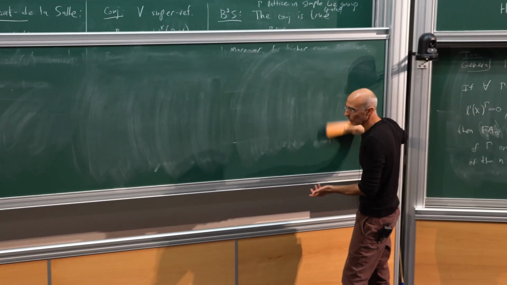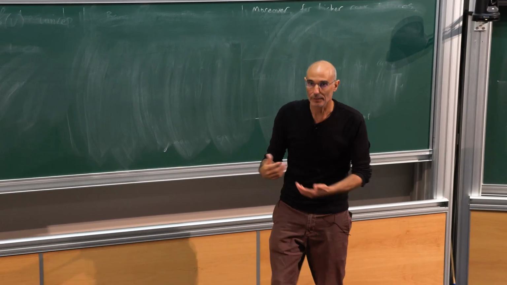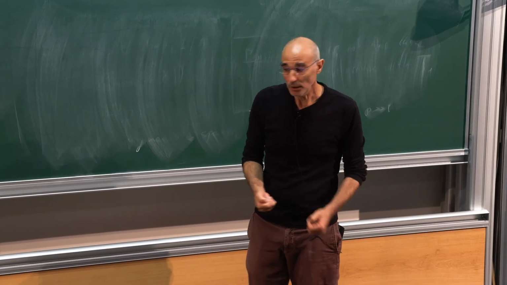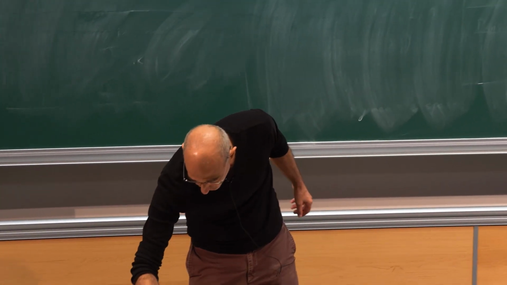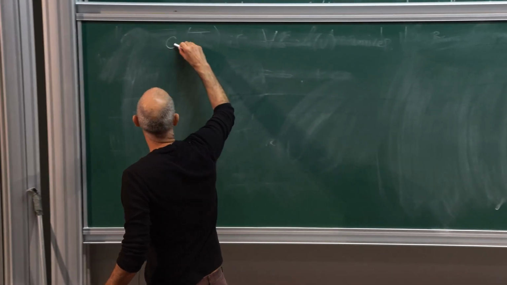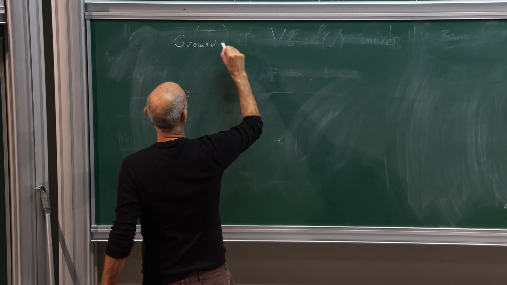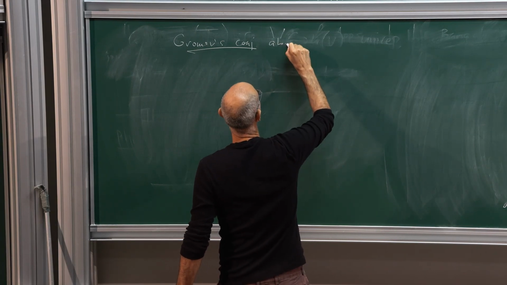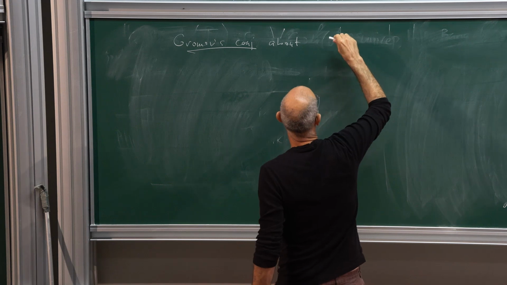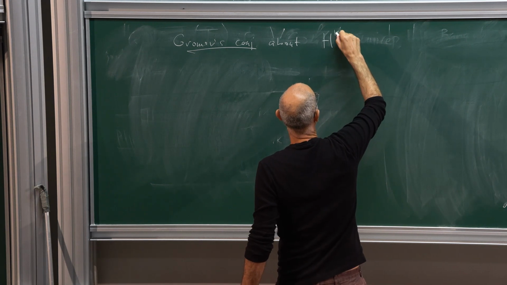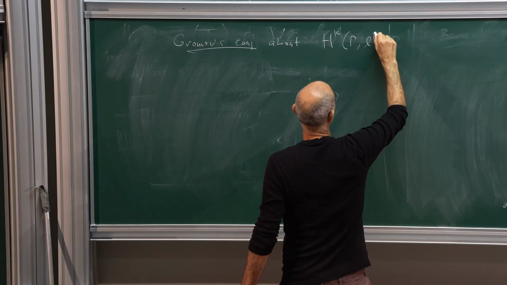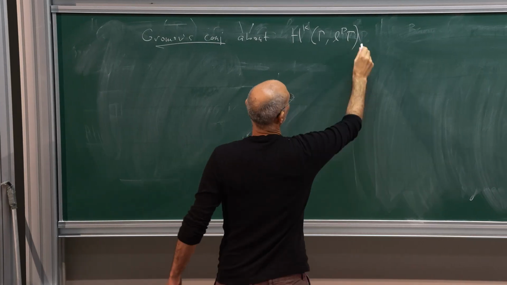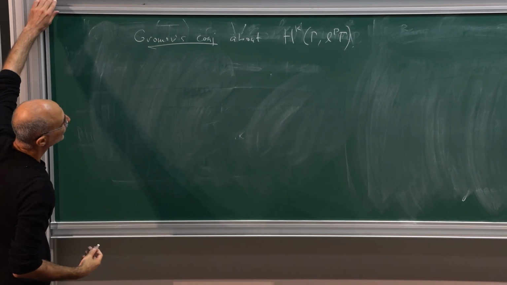A group always acts on itself, and I can take the space cohomology associated with this and LP complete it for any given P. This turns out to be equivalent to the following conjecture about HK of gamma on the completed group algebra. So the conjecture is